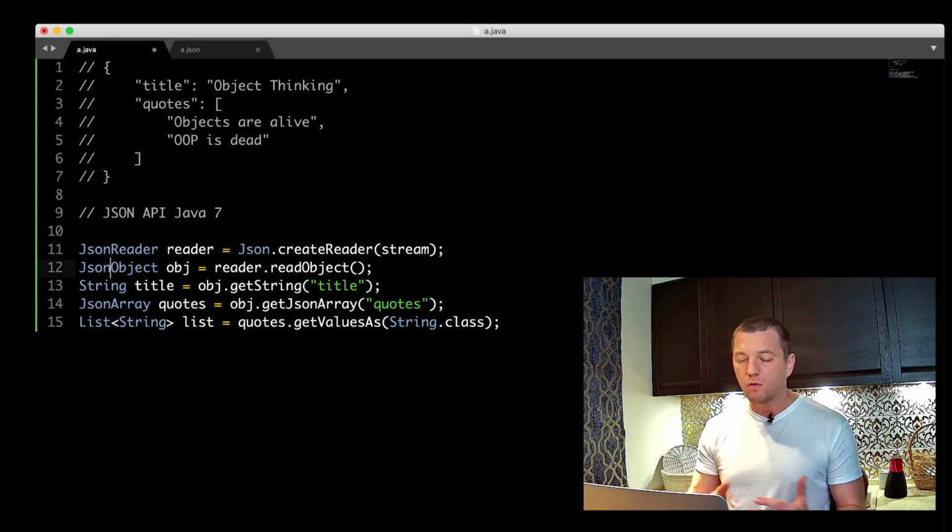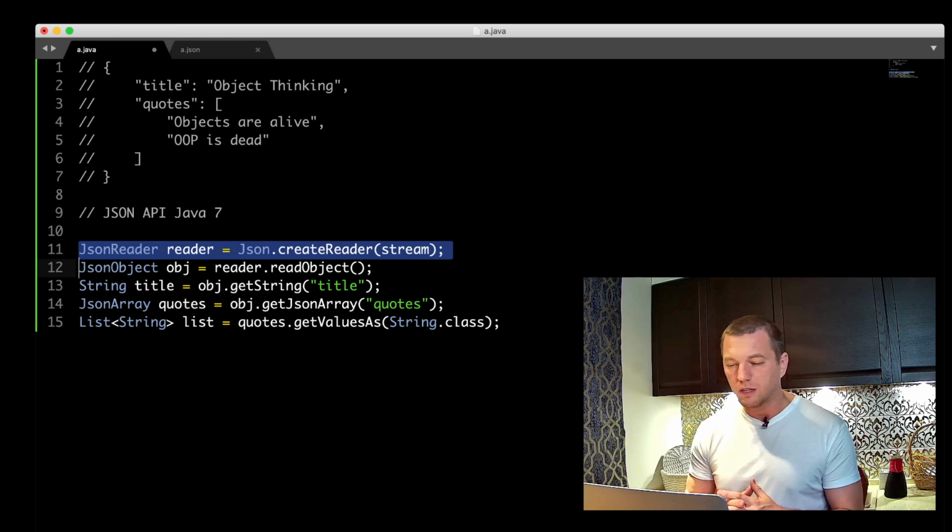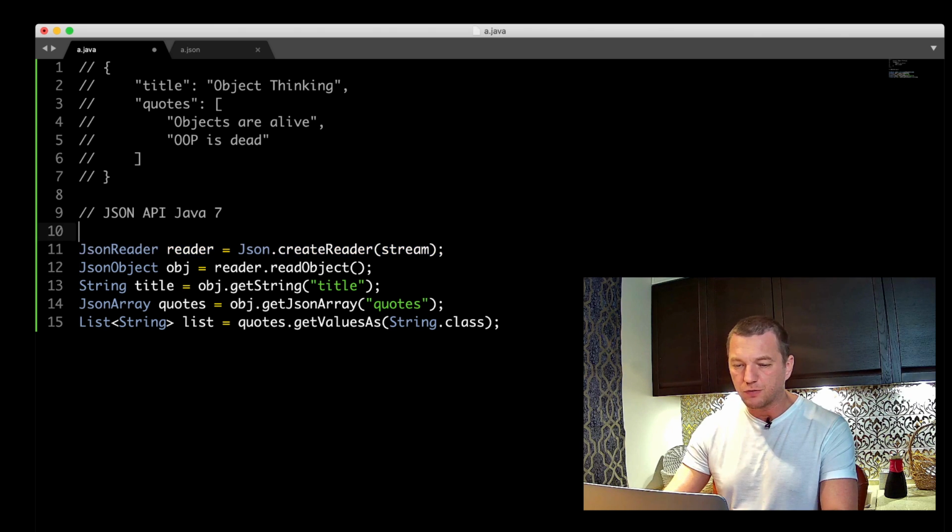And this is what I call fat design. Why is it fat? What's going on here? So let's see. In the first line, we create a class, well, JsonReader is the interface, so this one is probably the only class here. We create a class which implements this interface, and then we ask this class to read an object. So I suppose that JSON parsing is happening here.